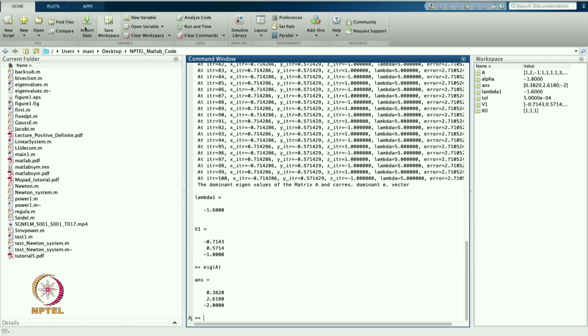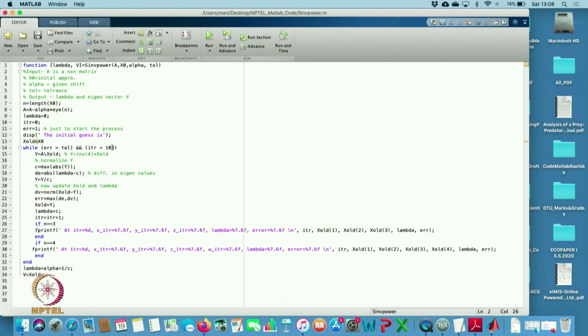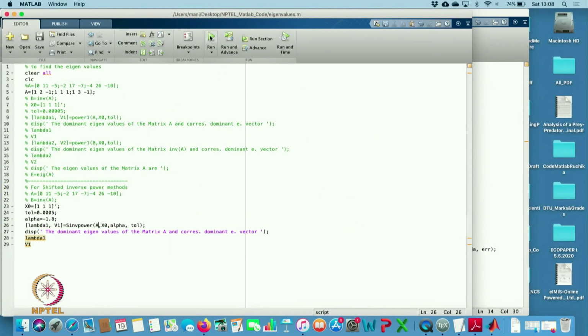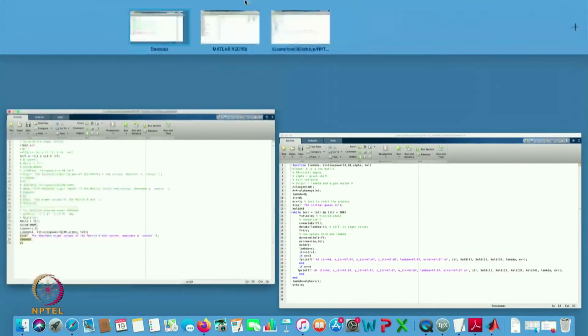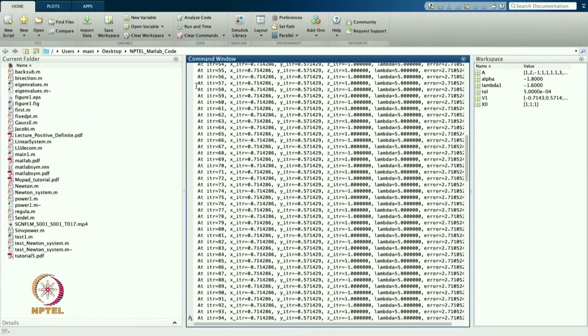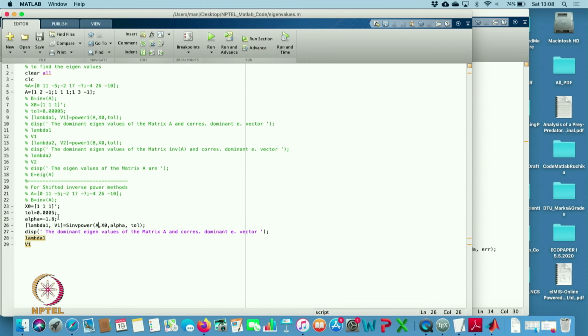So, let us try to increase the number of iterations in this case. Let us make it maybe 200. Let us see. So, after 200 iterations also I am getting this. So, I have to go much closer, it means that I have to go much closer to this one. Maybe I will find